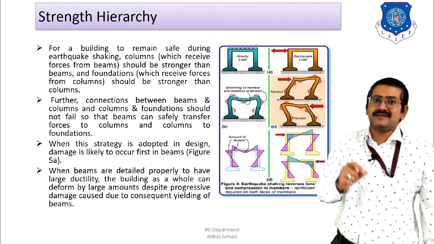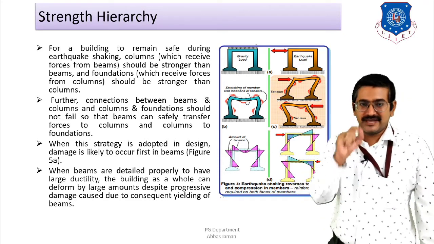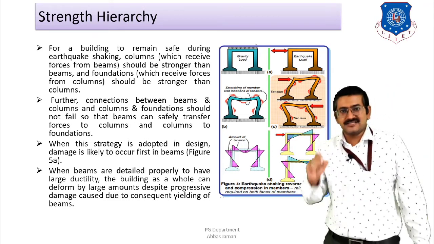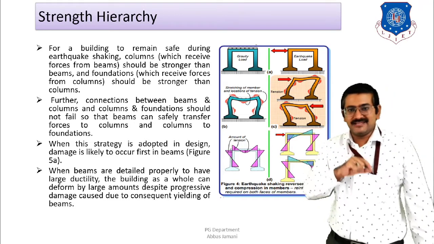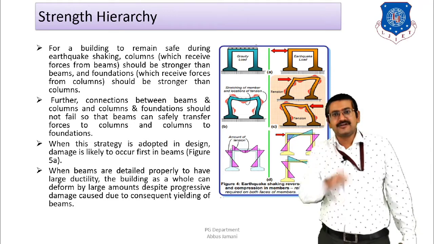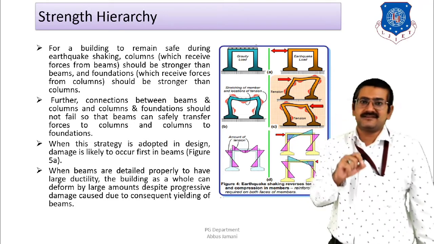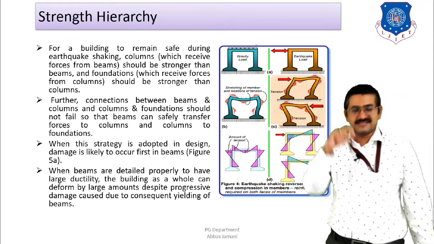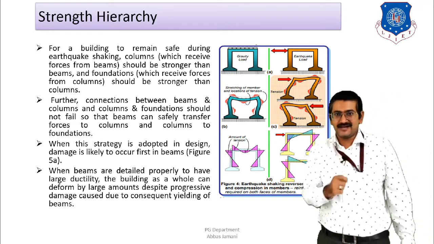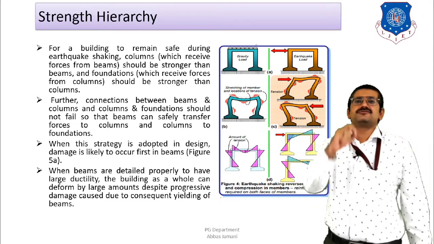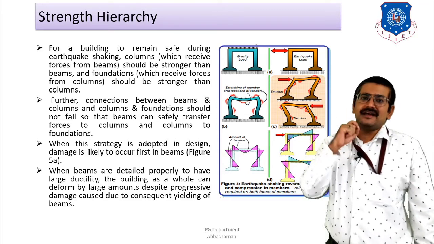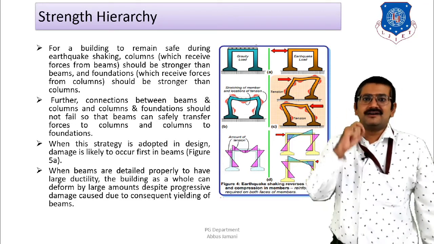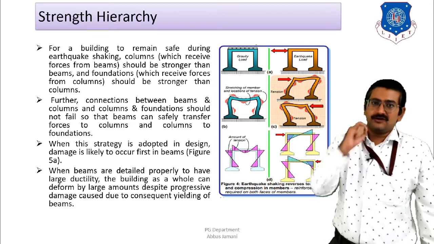And at the same time, the beam column joint should also have the capacity to transfer these forces carefully, and the junction of column and footing should be designed in such a manner that it should also be able to resist or transfer the forces that are coming from the top of the building. Right? So detailing of the joint also plays an equivalent role in enhancing the performance of a building under the effect of vertical or horizontal loads.